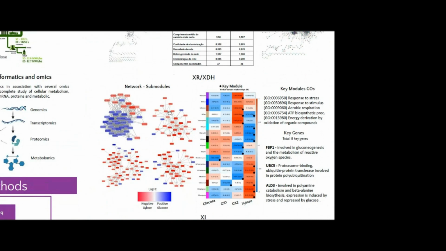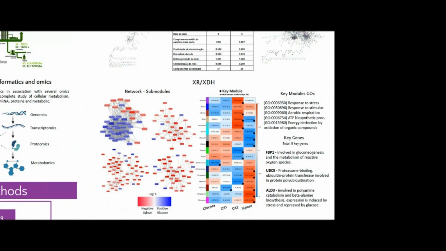In this side, we see the results of the co-expression analysis. We generated this heat map of the module sample relationship and we used the star to represent the key modules. Here are the key genes we found in our pipeline. We found a total of 8 key genes for this pathway, and I selected the main ones important during the consumption of xylose. So we have the